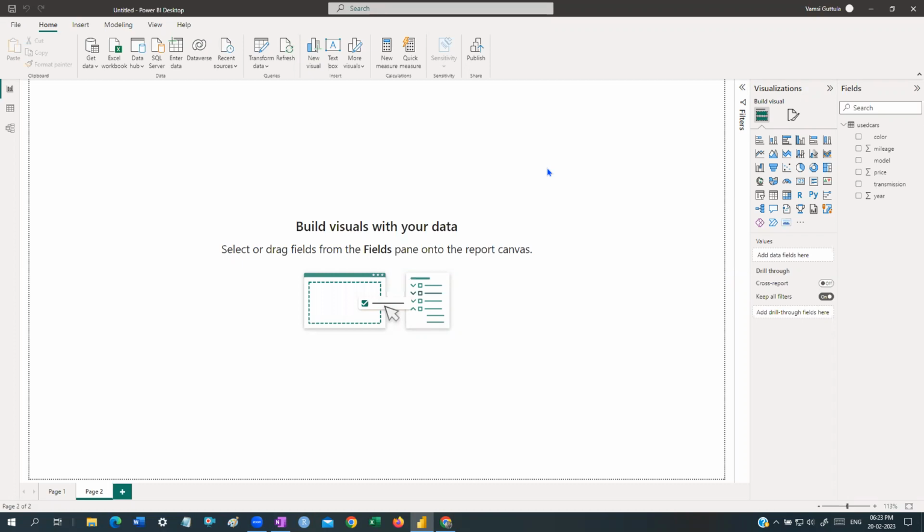It is a completely AI powered language model. It can understand the human language. Even in Power BI also, guys, there is an AI. So many people do not reveal that.